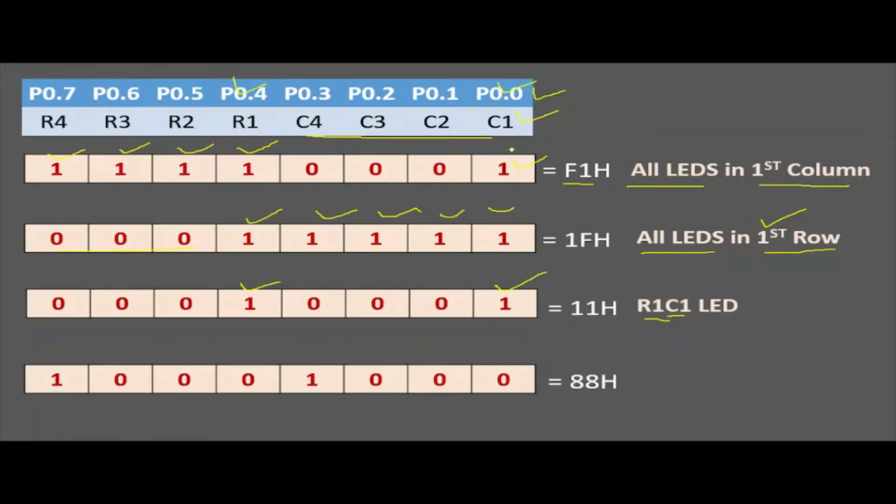And the fourth and the final pattern is only a single LED is to be glowed which belongs to row 4 and column 4. So row 4 is selected by applying logic 1 to R4, that is P0.7 pin. Similarly, logic 1 is applied to column 4 and column 4 belongs to P0.3 pin. So in this way these 4 patterns are to be supplied to port 0 pins one after another so that these patterns are visible. Now let us move to the Keil part.